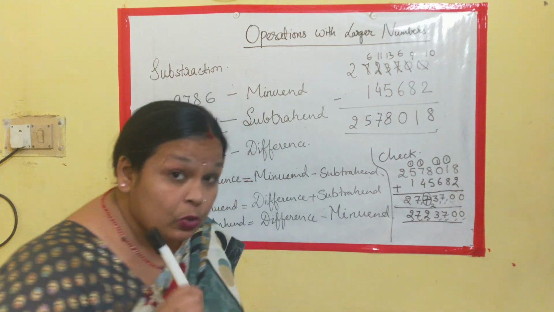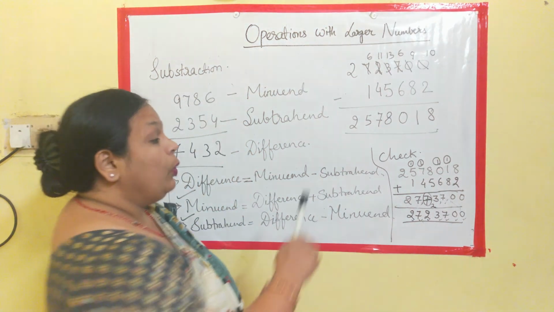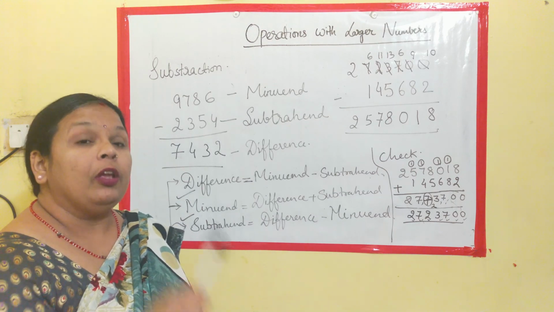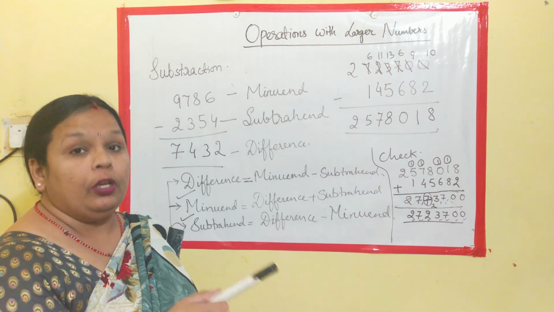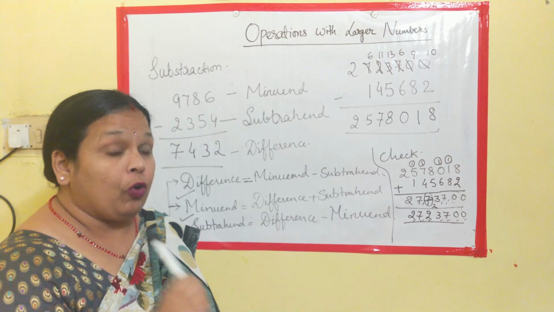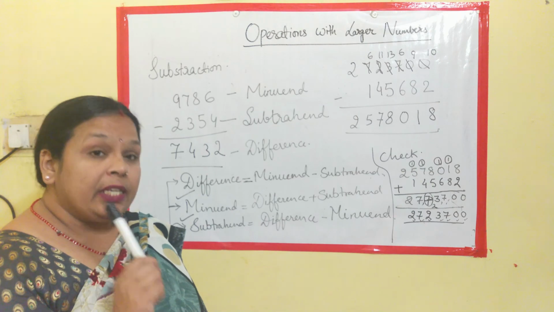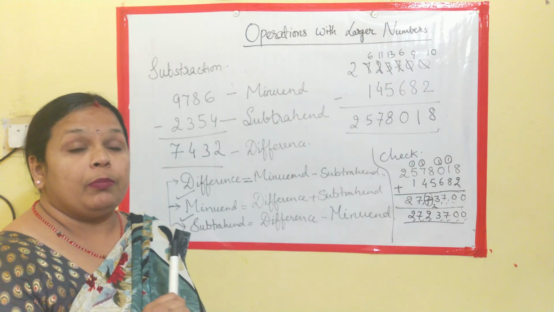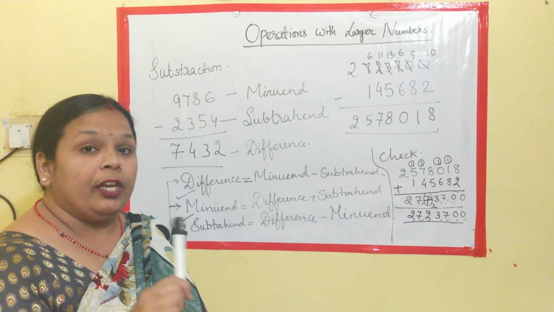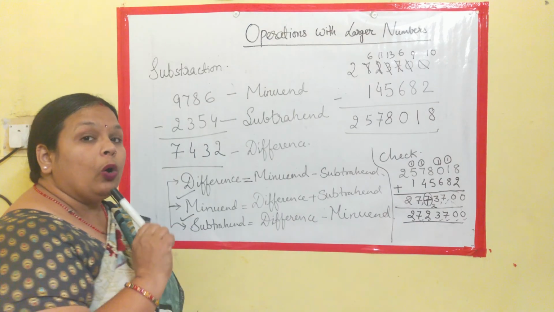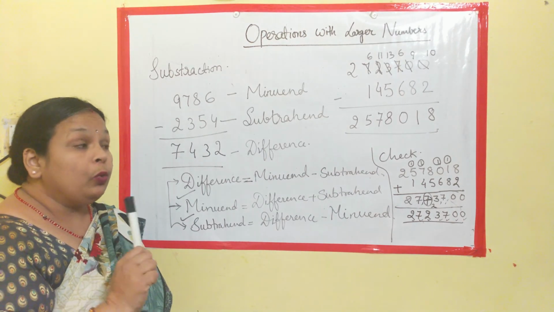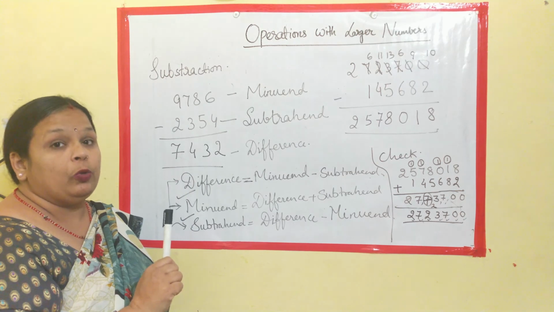So when you are solving problems, do recheck, and if you find the number not matching, check your solution again. If there is still some mistake, there must be a mistake in copying the number, because this is the only mistake committed by most students while copying the question or arranging the numbers. That is why, whenever you are adding or subtracting, always write the digits just below the digits.